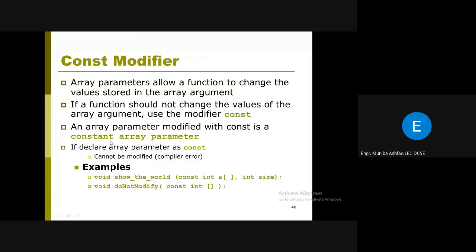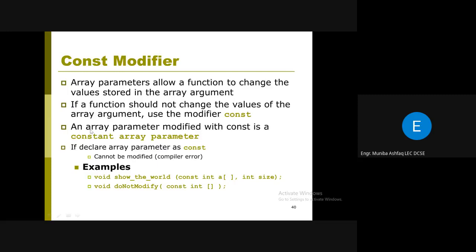ठीक है, कांस्टेंट हम क्यों यूज करते हैं? जब हम इसकी वैल्यू को चेंज नहीं करना चाहते, ठीक है। Why do we use constant? Array parameters allow a function to change the values stored in an array argument, right? So in the previous example, all the elements of the array have been modified by being multiplied with 2. If a function should not change the values of an array argument, use the modifier const. If you want that the values in an array must not be changed, then you can use this const modifier. If you want that your array elements should not be changed by any function, then you can use this const